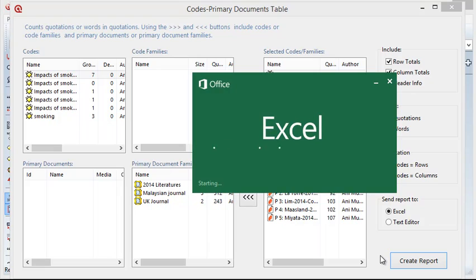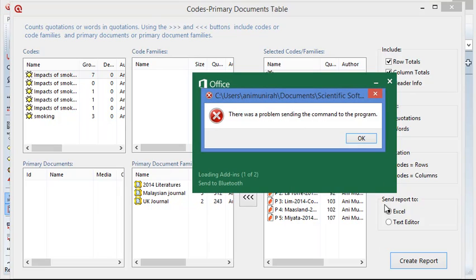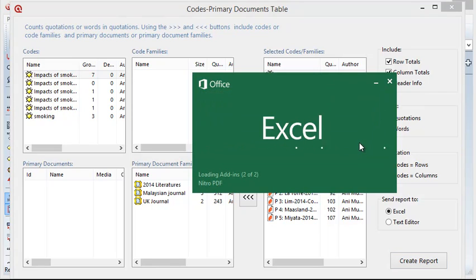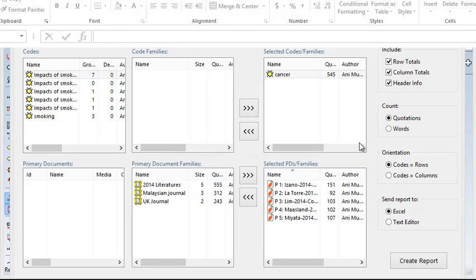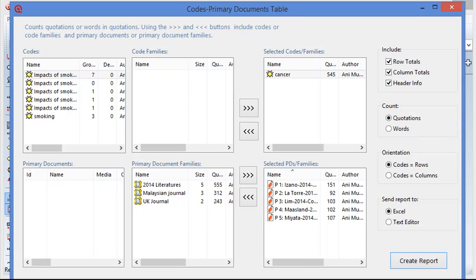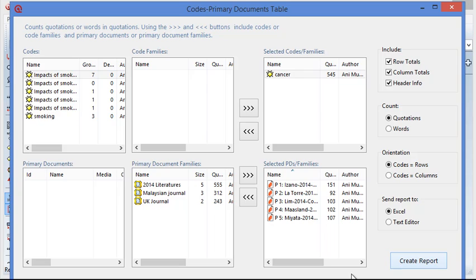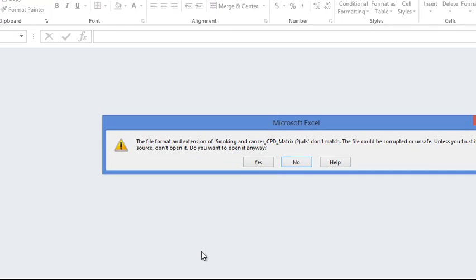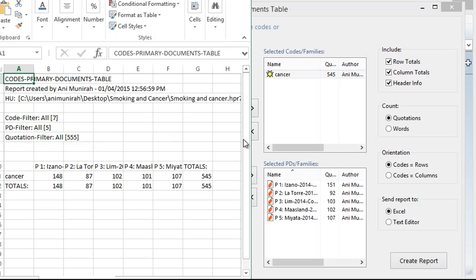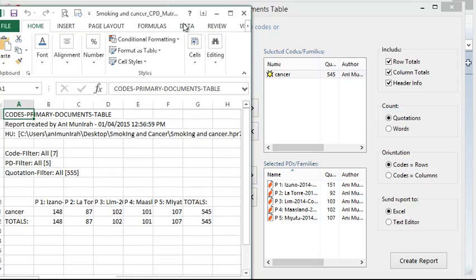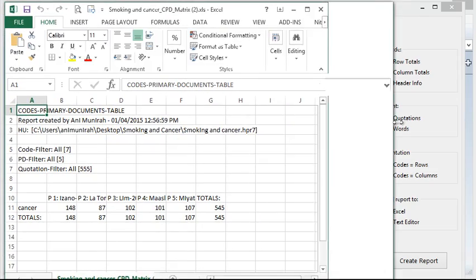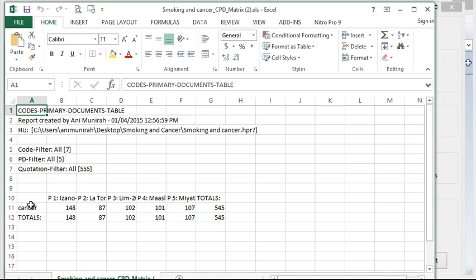ATLAS.ti is counting for me, and it will open in Excel. Oops. Okay, I'm going to do that again. Create report. Okay, here it is. The report is already here actually. Now, ATLAS.ti has already created this for me. For the code of cancer,